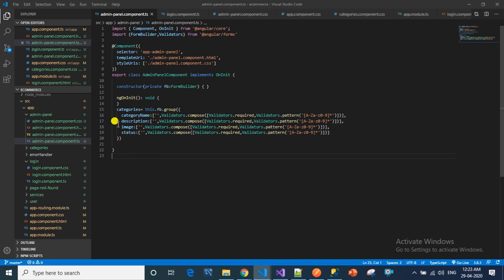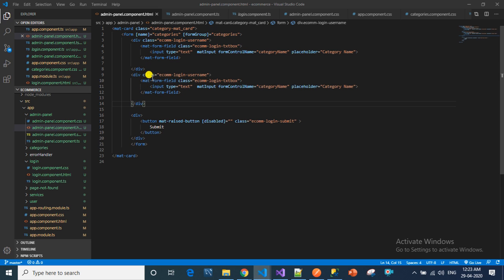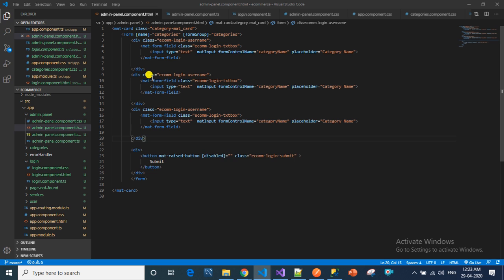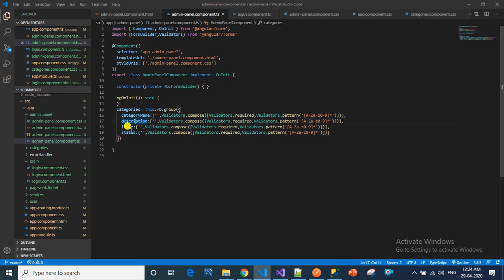So we have to create these categories. I want to copy this and paste here. We will create four input fields, for category name, description, image and status.